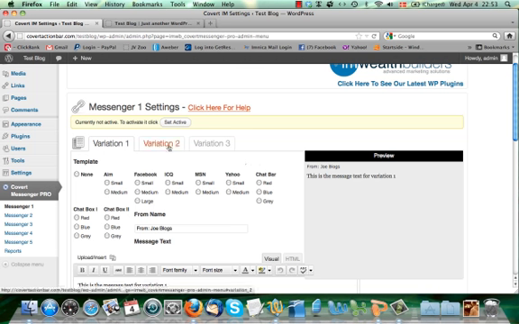First of all, you'll notice that there are variation 1, variation 2, and variation 3. What that means is that you can actually have 5 different ads at any given time, and each of those 5 ads can have 3 different variations that you then split test against each other. Now you don't need to use variation 2 and variation 3, you can just use the one, or you can use 2, it's completely up to you, but the option is there to have 3 different variations for each of